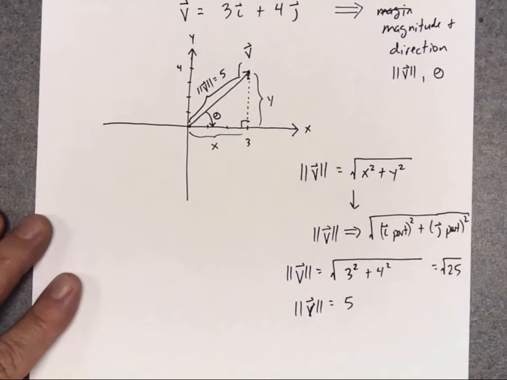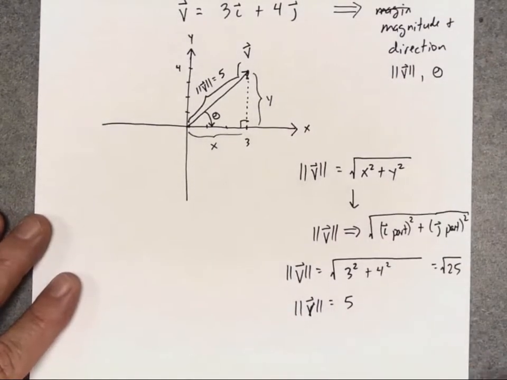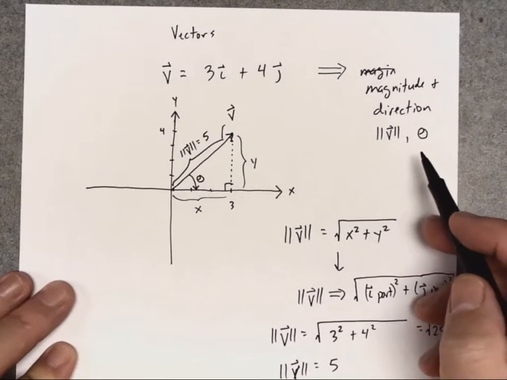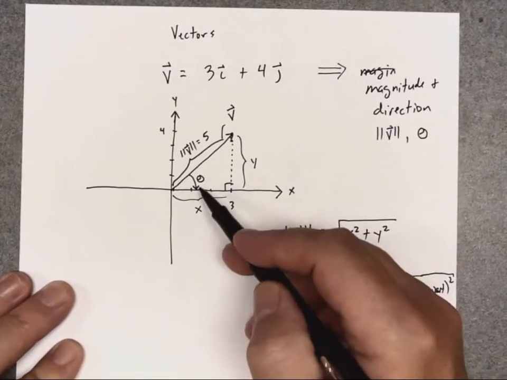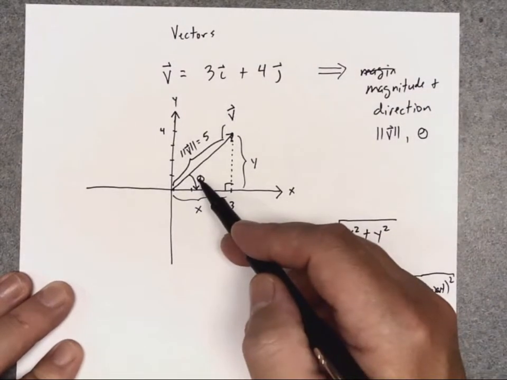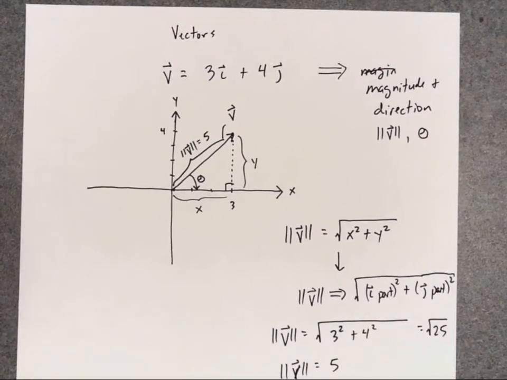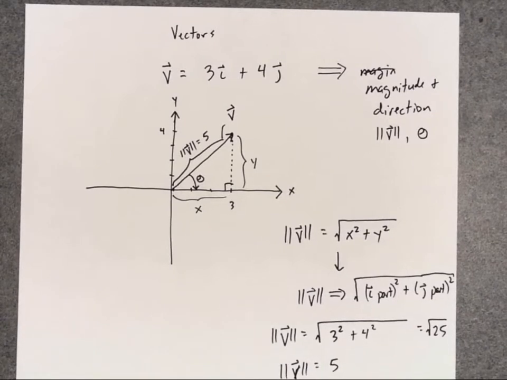So now we've taken this vector and we figured out the magnitude of the length, but we also need to figure out the direction. We need to figure out what this angle theta is. Now if we think back to trig functions, sine, cosine, tangent,